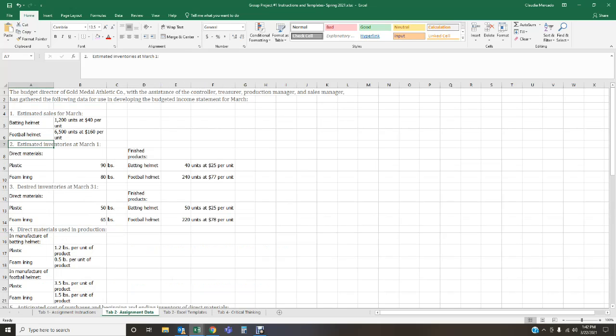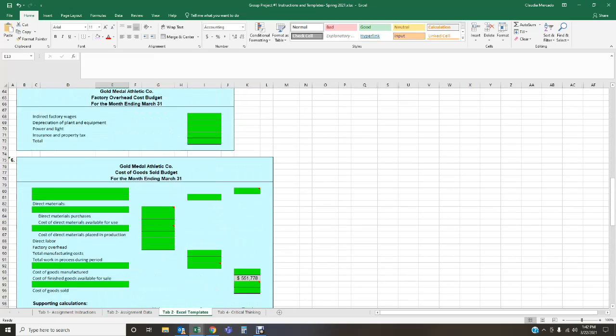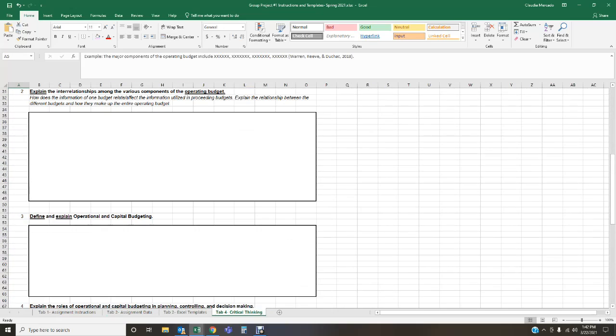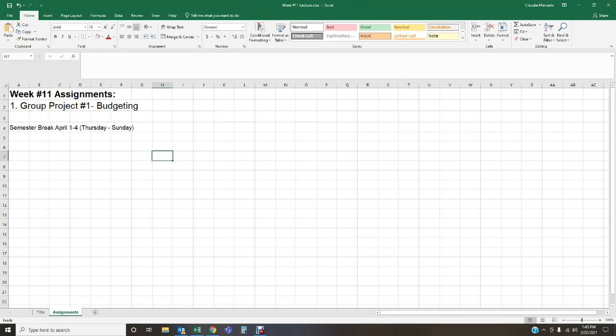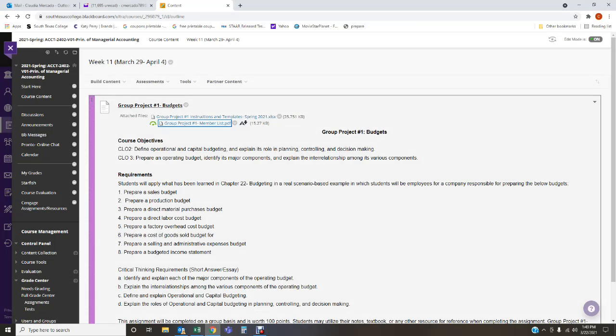This is the data you're going to be needing. These are the templates that you're going to be filling in. And then this is where you're going to be completing your critical thinking questions. Okay? Now let me jump back to